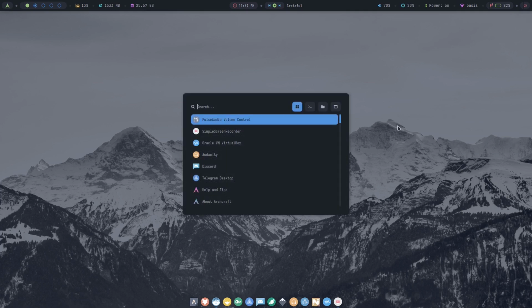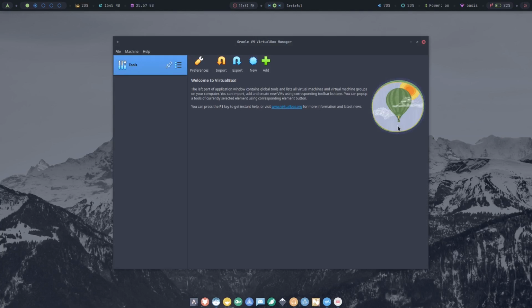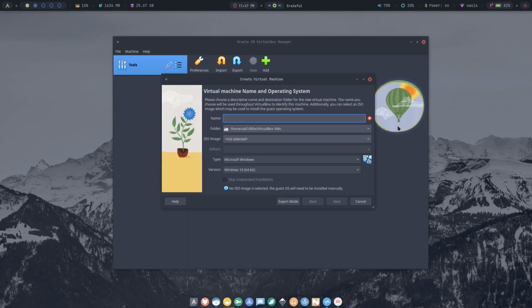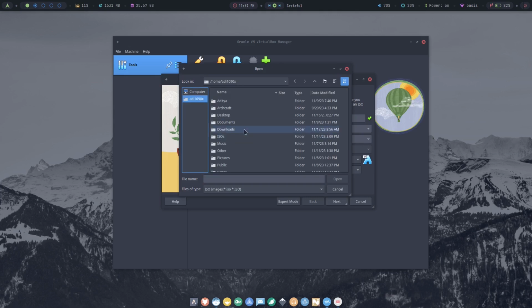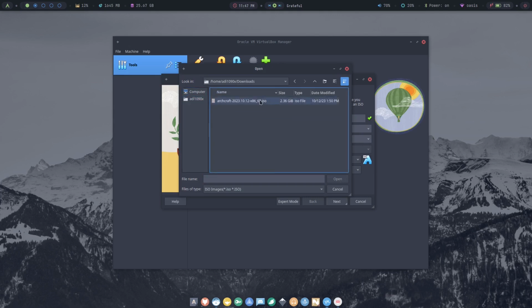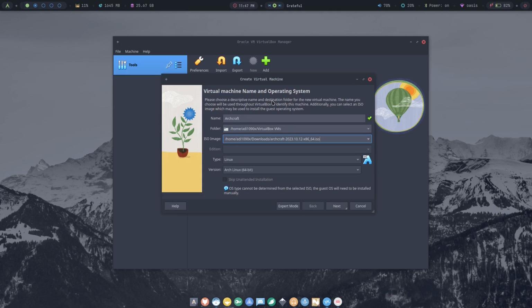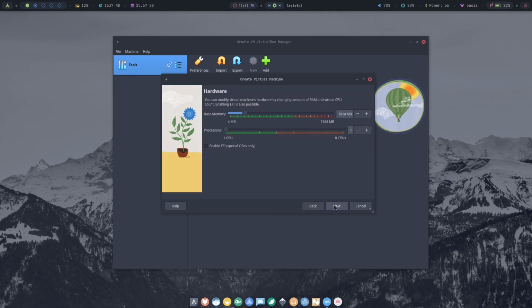So let's boot Archcraft, okay? Open Virtualbox and create a new machine. Name it Archcraft. Select the ISO. We have downloaded the ISO in previous videos. It's in Downloads, and it's the latest ISO. Type is Linux, Arch Linux 64-bit version, okay. Next,